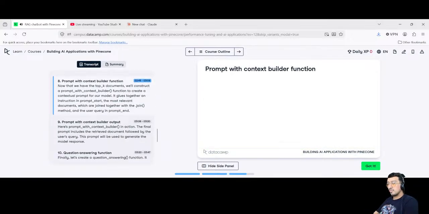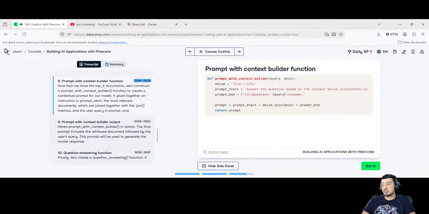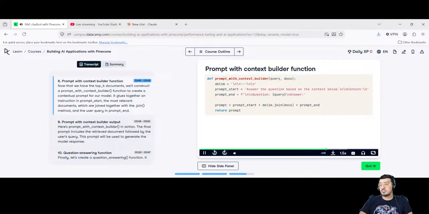Now that we have the top K documents, we'll construct a prompt with a context builder function to create a contextual prompt for our model. It glues together an instruction in prompt start, and the most relevant documents are joined together